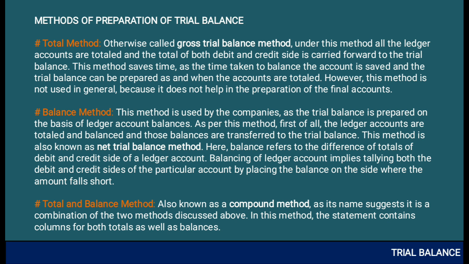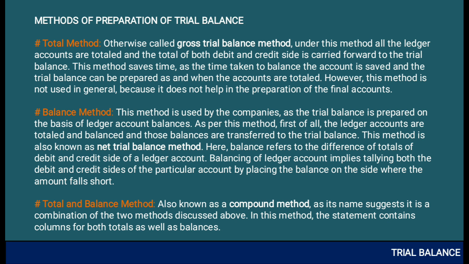Basically, when we prepare our trial balance, we put the columns like this: first is the serial number, second name of the ledgers, third debit amount, fourth credit amount. Okay, if we are going to use the balance method. If we are using the total method, in that case again we have to use the same columns. First the serial number, second the ledger's name, and third we have to write the total of the debit column and the total of the credit column. Like that we have to prepare two statements.